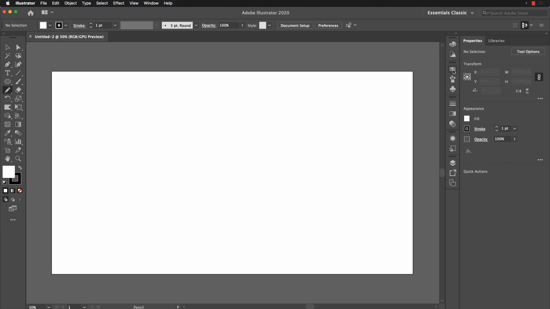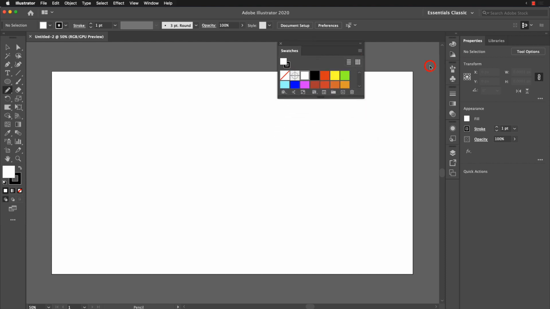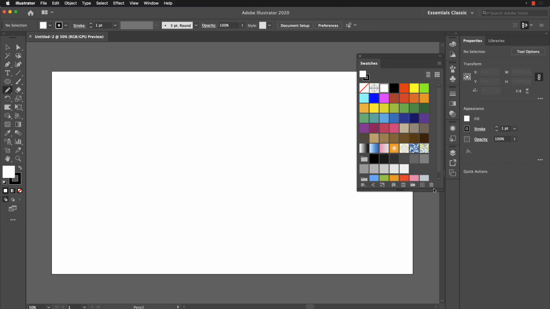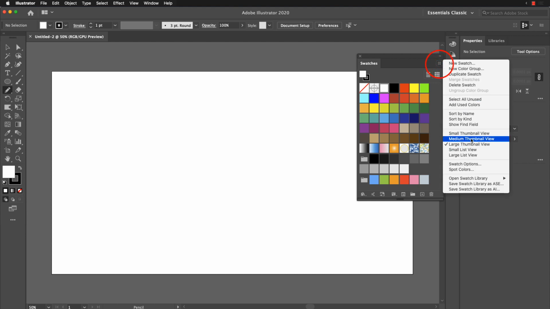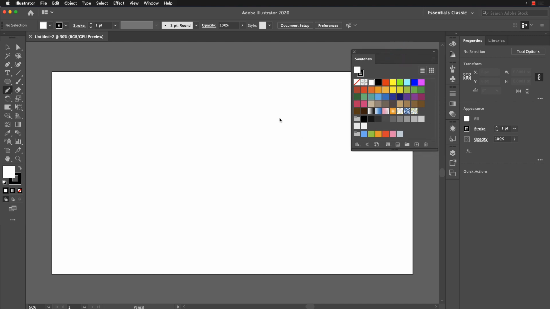So think about the color swatches, right? One click to open, and we actually detach this one, so it's floating here. I'm just using those default colors, and a little bit smaller one. Okay, I put it on the side, and this is probably the only thing we need to create an